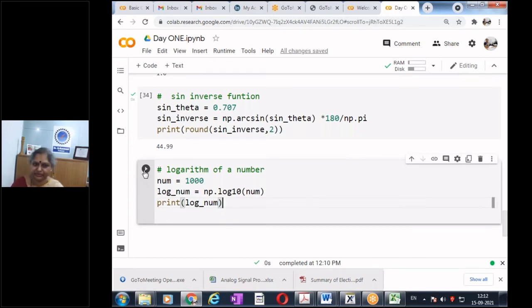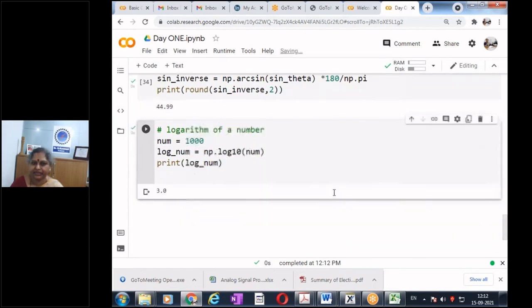Very good. If I run it, I get 3. If I do number is 100, and if I do log of 100, what should I get? I should get 2. If I do 10, log of 10 is 1.